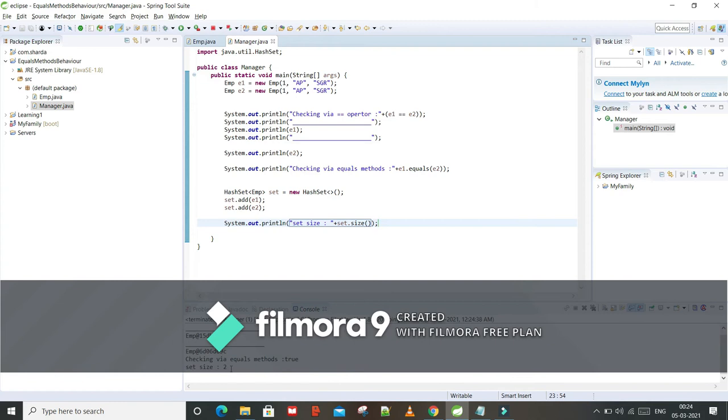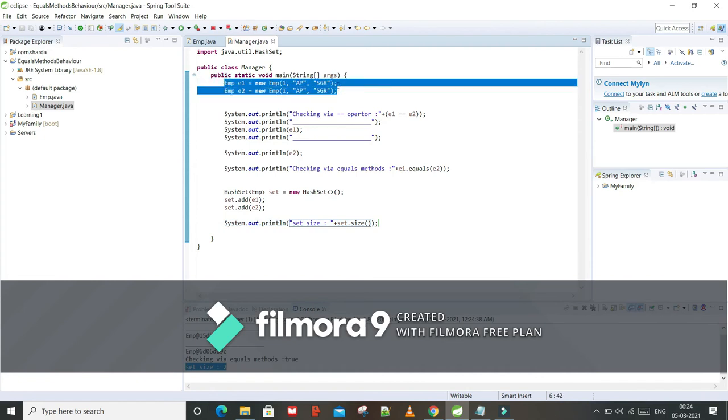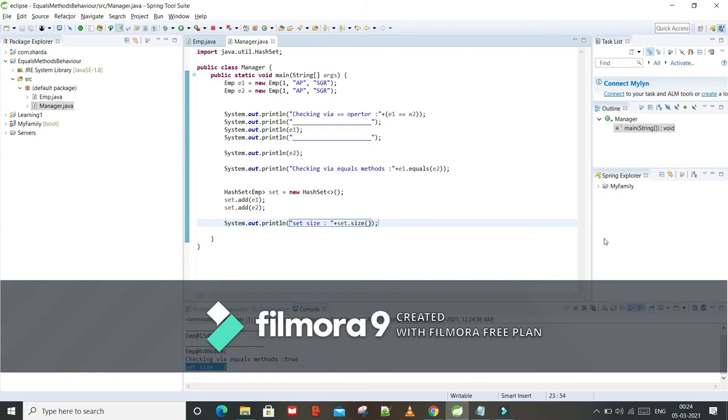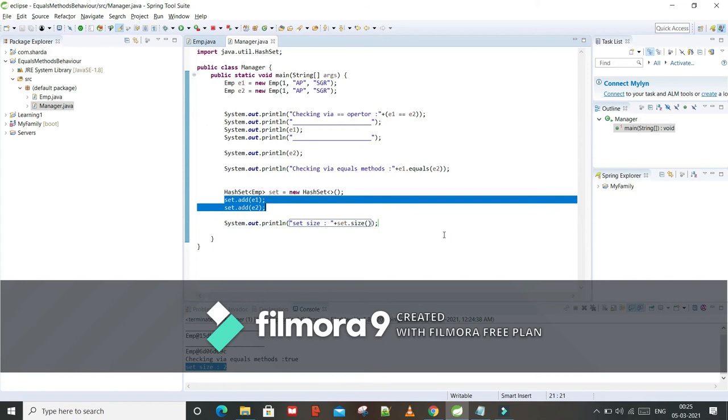Size is coming as 2, but in our case both are duplicate objects, it should not take them, right? Yes. So in this scenario, the hashCode method comes into the picture, because what is happening is that HashSet first calls the equals method. If it returns true, then only it goes for hashCode. In our case the hashCode method is returning the object address in the form of an integer.